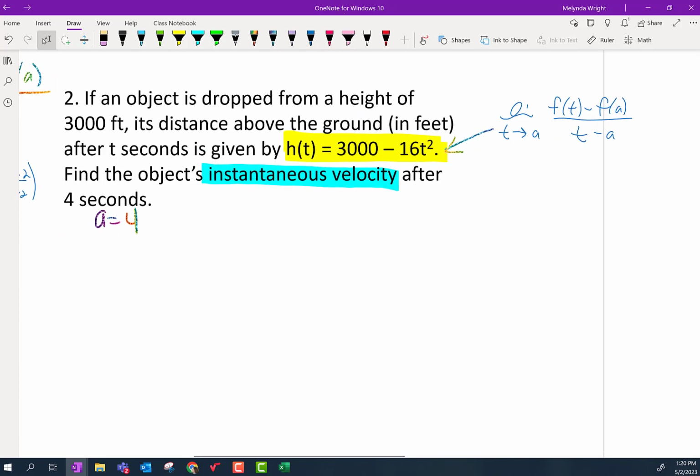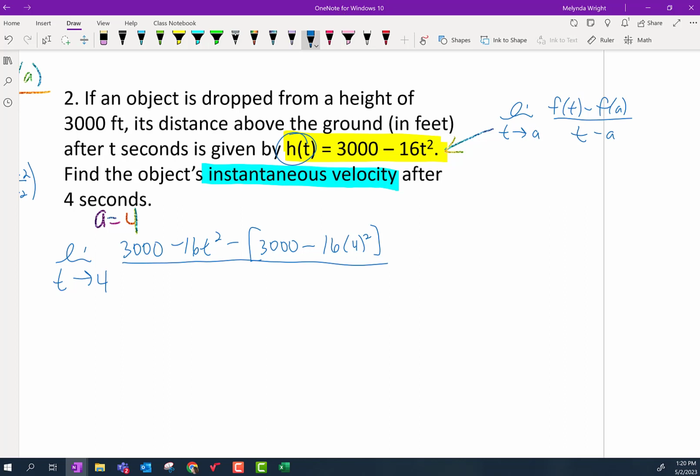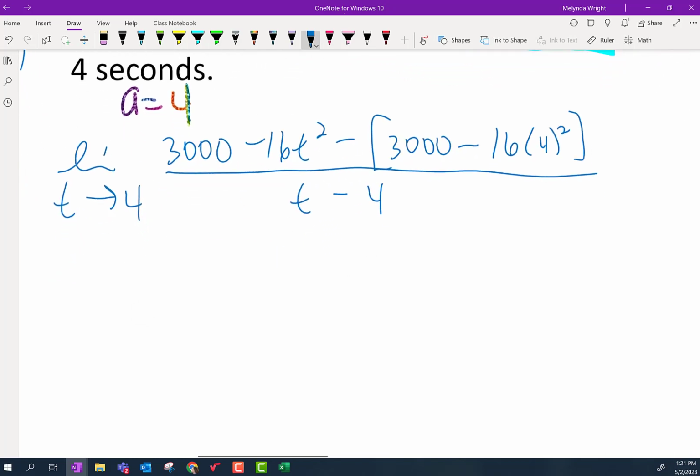So let's use our formula. So I've got the limit as t goes to 4 of f of t, which in this case is h of t, 3,000 minus 16t squared minus, now we want to plug in the 4, so it'd be 3,000 minus 16 times 4 squared, all over t minus 4. Okay, so that's plugging into the formula. Are we okay? Okay,